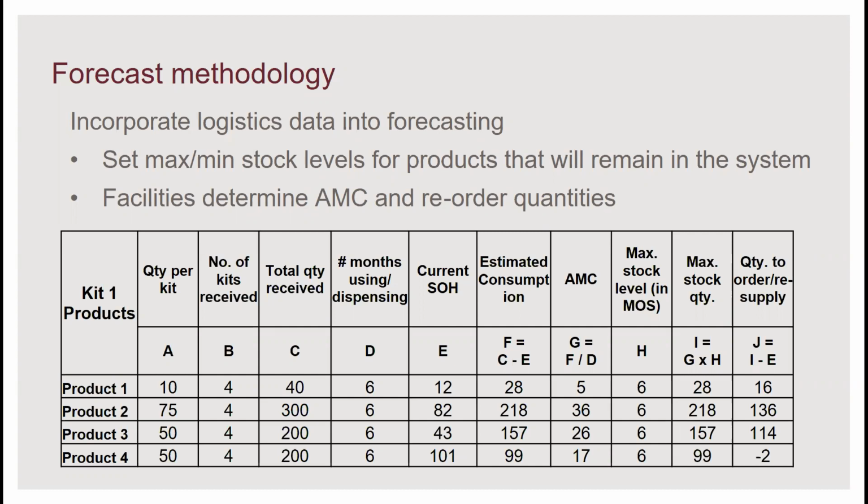Then after that, the facilities would continue to manage the products normally. At central level, they can use the facility average monthly consumptions and stock on hand for national level forecasting and supply planning. If a product was used both specifically to respond to an emergency and to provide routine services, then